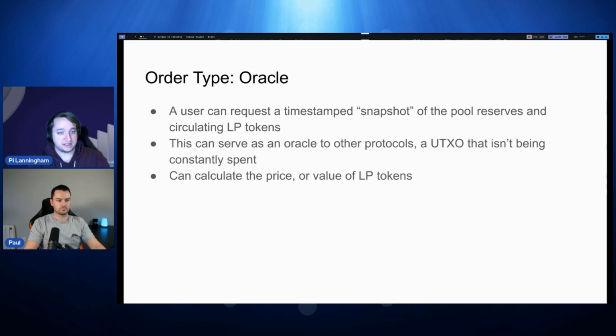Charlie3 or OrcFax could use it as one of their data sources in their aggregation to produce an aggregated oracle. It allows you to calculate both the price and the value of LP tokens. So it will tell you the circulating supply, and you can take somebody's LP tokens and say, okay, this is worth roughly 100 ADA and so many Arbery. So this is, again, one of those ways that other protocols can interoperate with and use Sunday as a building block for what they need.